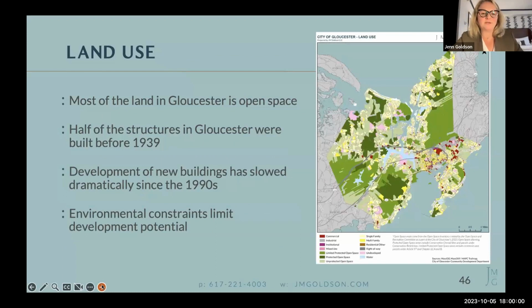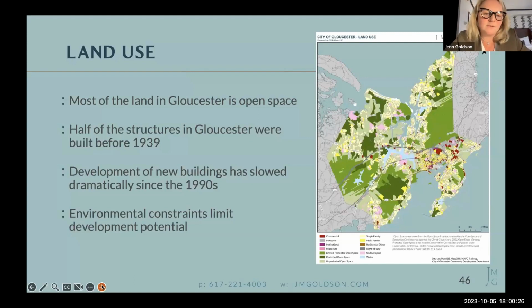And so we have the land use section. Most of the land in Gloucester is undeveloped. It's open space, either protected or unprotected open space. Half of the structures, half of the buildings in Gloucester were built before 1939, so quite an old stock of buildings, which makes it a very special historic place, but also can provide challenges with regard to